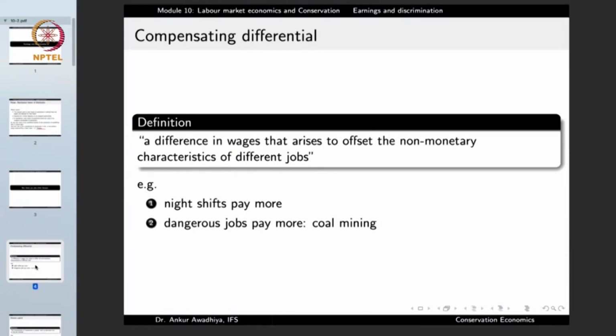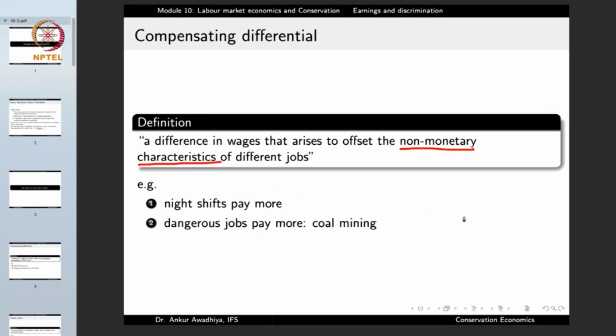Now, one such modulating factor is the compensating differential. Compensating differential is defined as a difference in wages that arises to offset the non-monetary characteristics of different jobs. And good examples are night shifts or dangerous jobs. So what we are saying here is that several jobs have certain non-monetary characteristics, which is